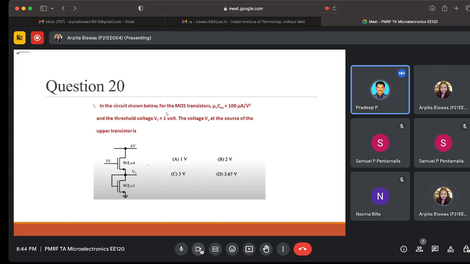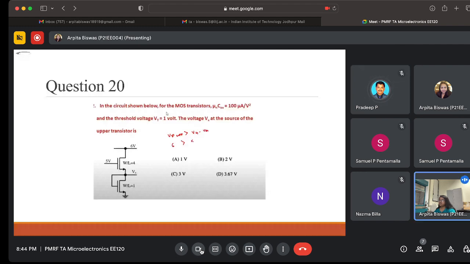So first tell me in which region it is operating. Is it linear or saturation? The lower transistor is in saturation region, and the upper transistor: VDS, you can take, VD upper is greater than VG minus VTH. It is 6, we can see 5 minus 1. So is it satisfying? So what is the condition where the upper is also in saturation,